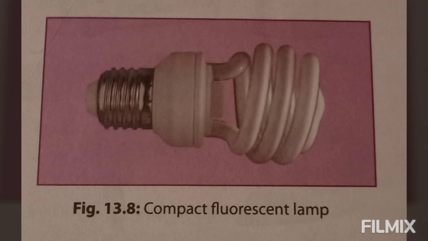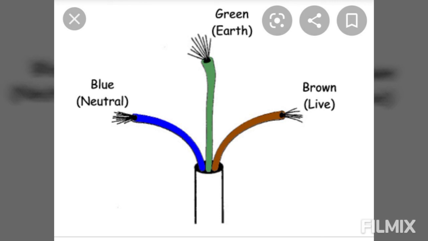Next topic is short circuit, overload and fuse. We know that the cable used in a house circuit has three wires. The red wire is a live wire, the black wire is a neutral wire, the green wire is the earth wire. Earthing gives protection from the shock when the appliance is touched. Sometimes due to faulty wires, the insulation breaks and the live wire comes in contact with the body of the appliance. If the appliance is earthed, the charge flows to the earth and protects us also.